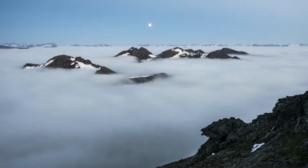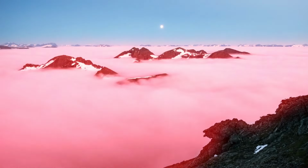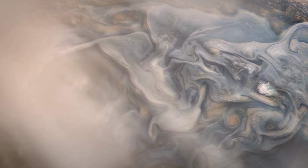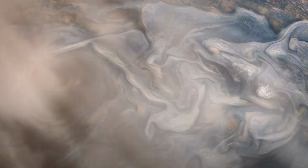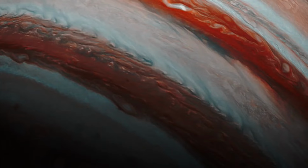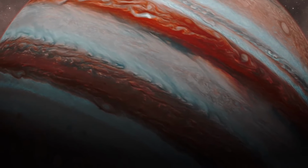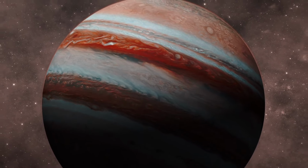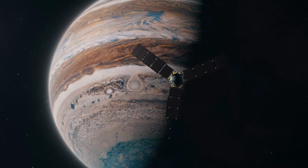Further research also revealed that when temperatures rise in the upper layer of Jupiter's atmosphere, called the stratosphere, it gets colder in the troposphere. This is the lowest atmospheric layer where weather events, such as Jupiter's powerful storms, occur. Researchers hope that by measuring all these temperature changes, they will eventually be able to make a more or less precise weather forecast for Jupiter. Maybe in the future, they will even be able to extend this to other gas giants to see if they have similar patterns. But this isn't the only mystery the gas giant can